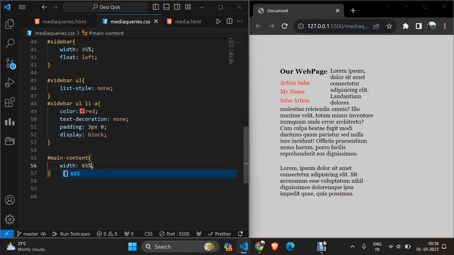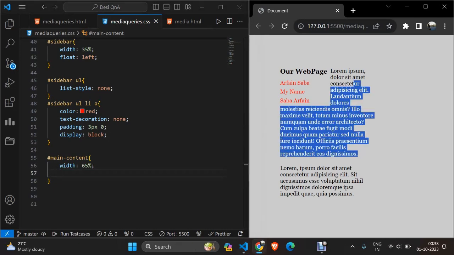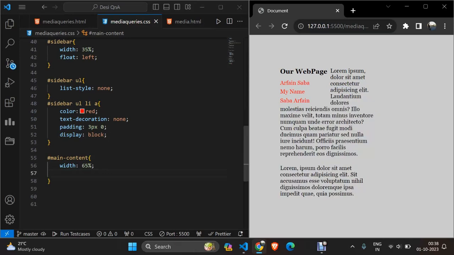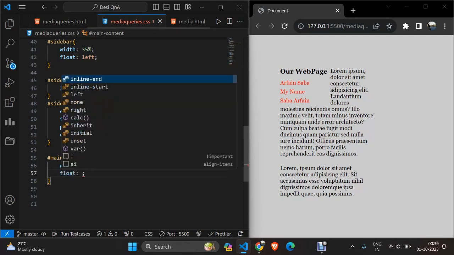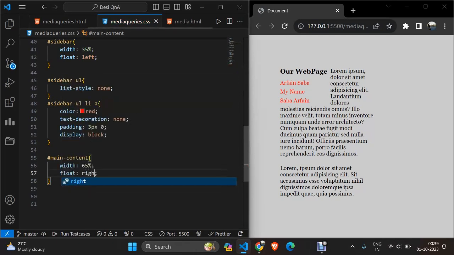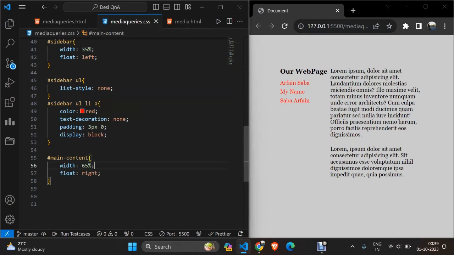65%. So yeah, that works good. And we can also see that this content is coming to the left side. To make it go to the right side, what we can do is we can just make it float. So this is how we should learn the CSS. While building the projects, we should learn more and more new properties and their values. Okay,